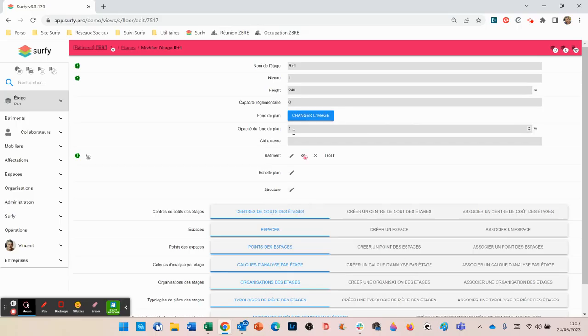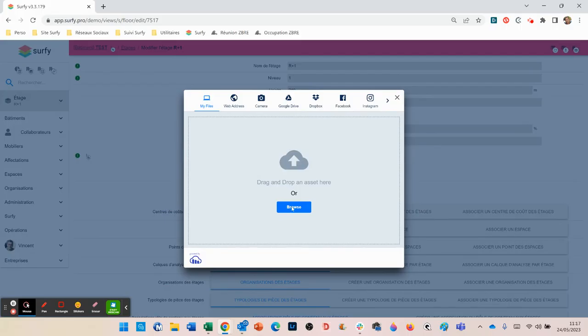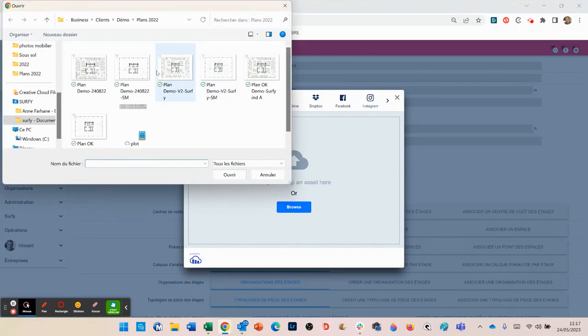The opacity of the background plan will allow you to have a greater or lesser opacity and to see it more or less. And then the regulatory capacities will be accumulated over the entire building to give an overall regulatory capacity for the building. To change the image of the base map, I'm going to go and get my plan